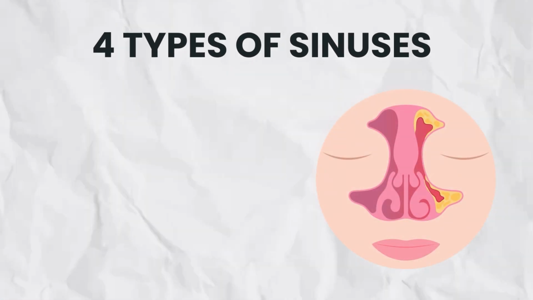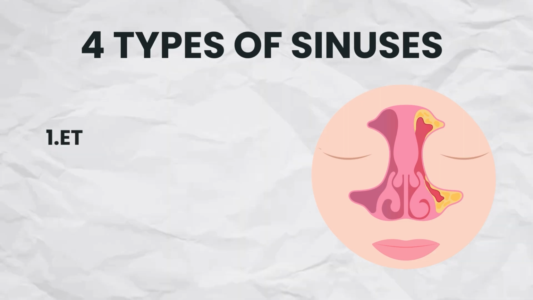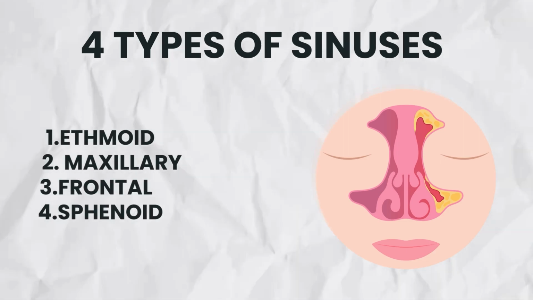So today we are going to learn about sinusitis. But first, let's know, there are 4 types of sinuses which are in pairs in the human body. They are ethmoid, maxillary, frontal and sphenoid. So the ethmoid sinuses are somewhere around the bridge of the nose. The maxillary sinuses are near the cheekbones, and both of these sinuses are present from the start of the